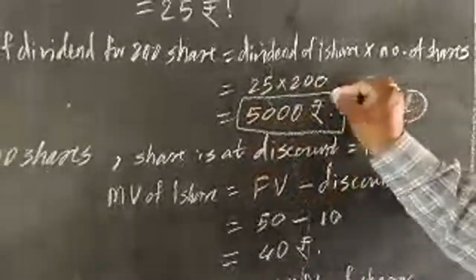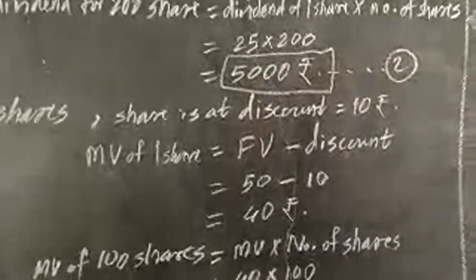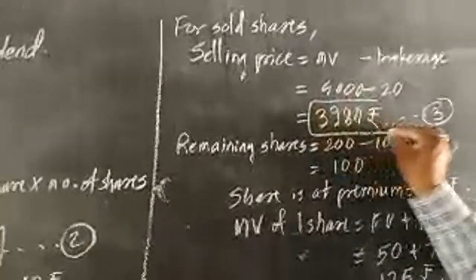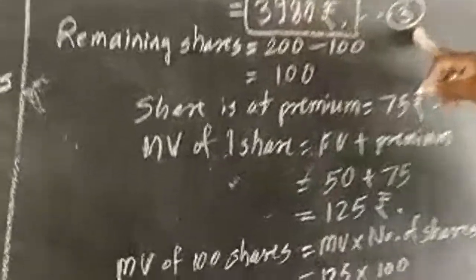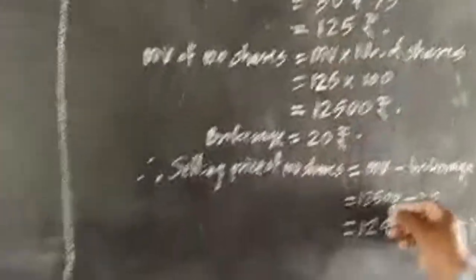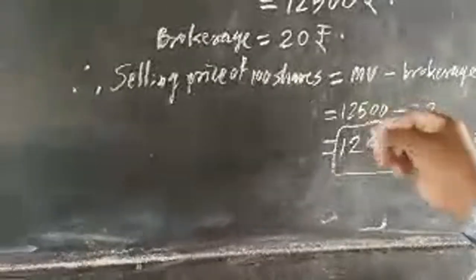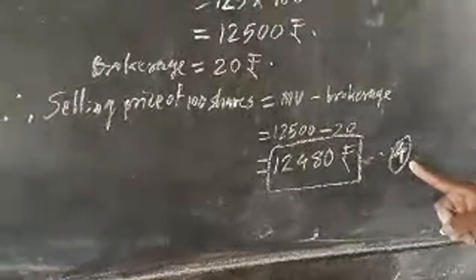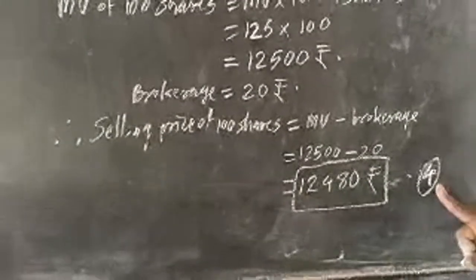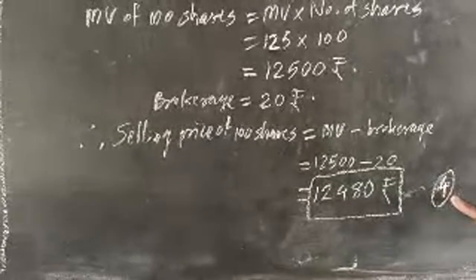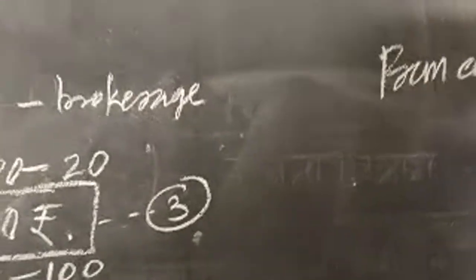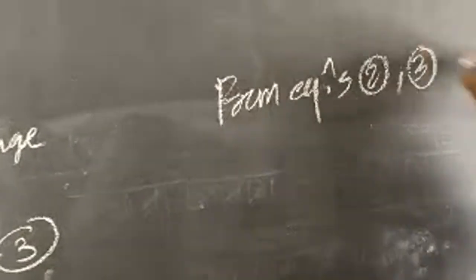That is equation 2. After that he sold 100 shares and got the second amount. That is equation 3. After that remaining shares are sold and he got the third amount. That is equation 4. From equations 2, 3 and 4,